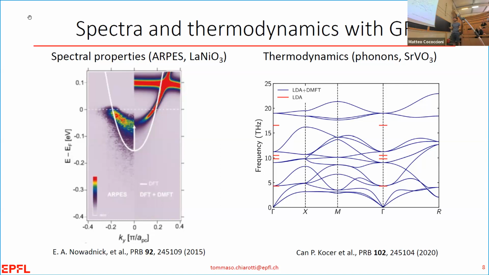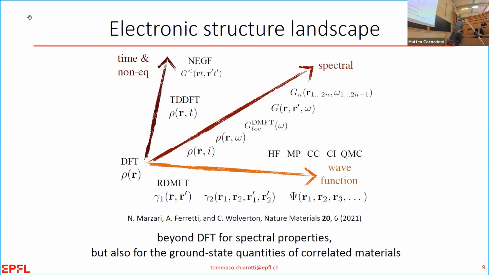You can predict energies, and so you can also do thermodynamic properties, which are ground state properties, for example phonons, exactly as you do with DFT. This is, in some sense, where we stand. There are extensions of density functional theory, such as time-dependent density functional theory. This has to do with neutral excitations. This is a simpler problem. Then there are spectral theories, which instead deal with non-linear, dynamical quantities, and are used to predict charge excitations, exactly the result of photoemission experiments.